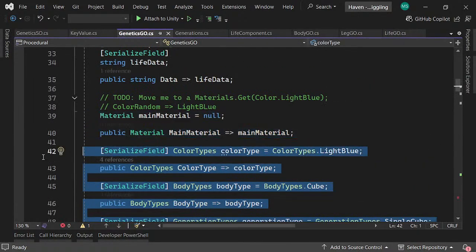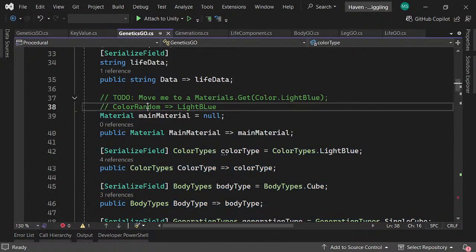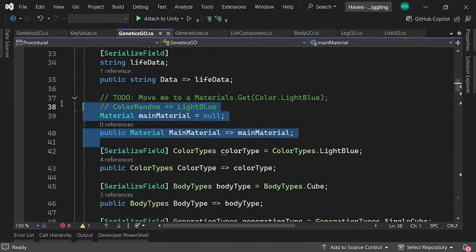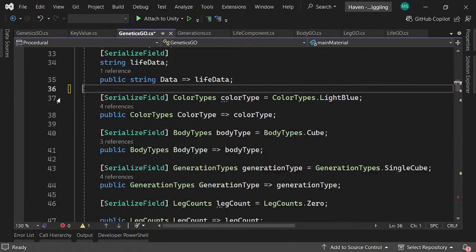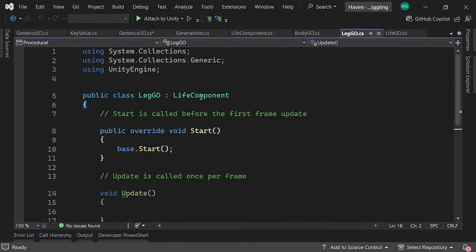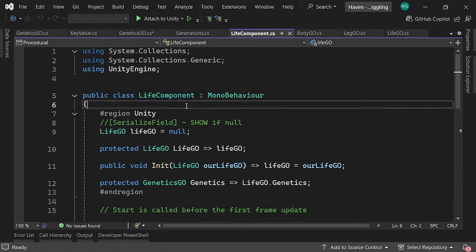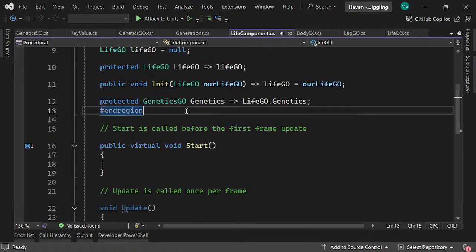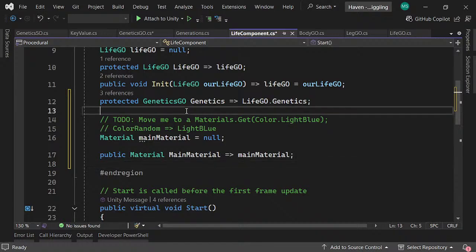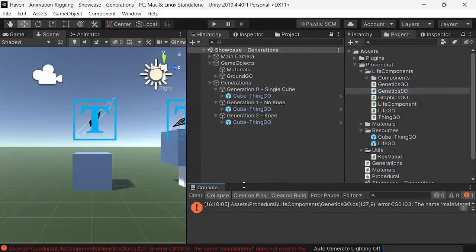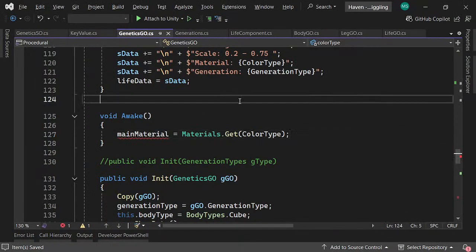Yes, okay, and what we're going to do is splat this out of here. You're going to go into here, and you're going to say you're a life component now. I'm going to say that you're a life component, and we'll fix, I think it's just the one error here,